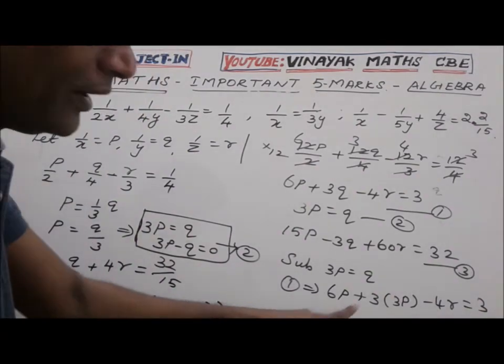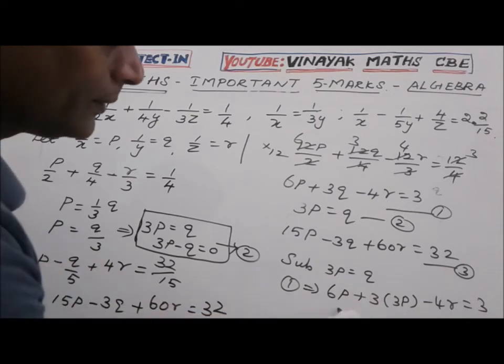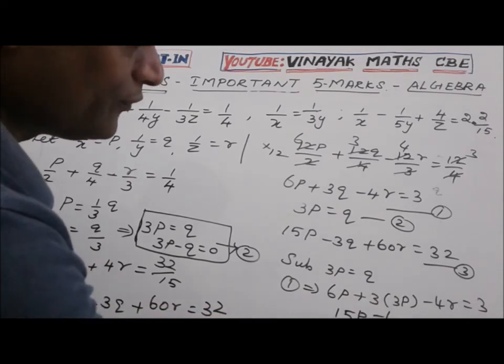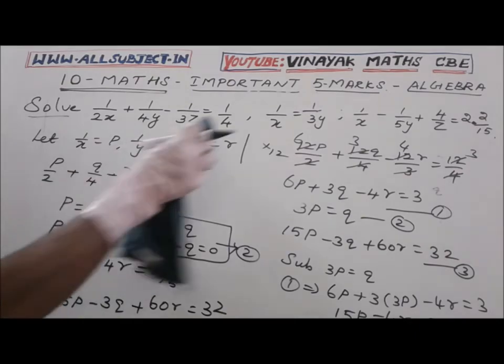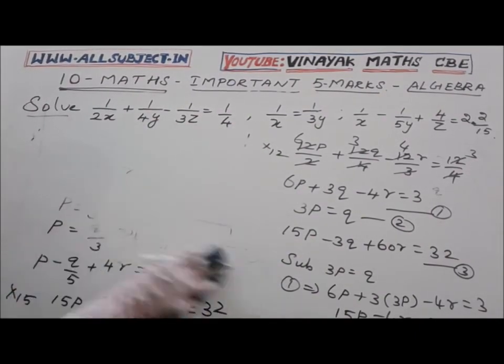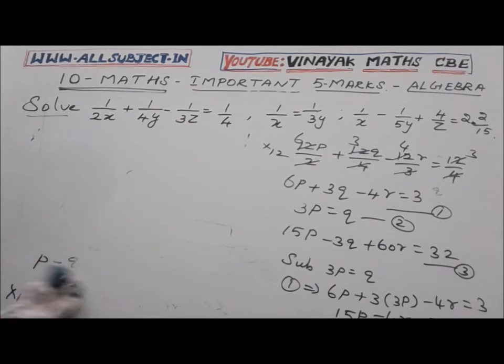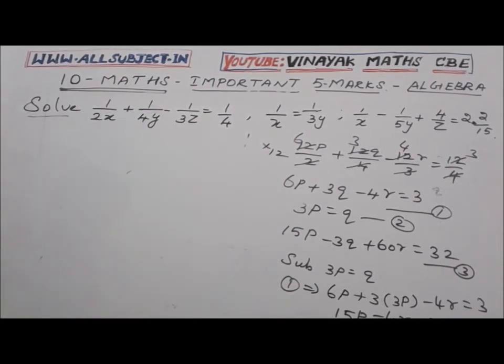Simplifying this, 6P plus 9P, 6 plus 9, 15P minus 4R equal to 3. 15P minus 4R equal to 3. And now, substituting